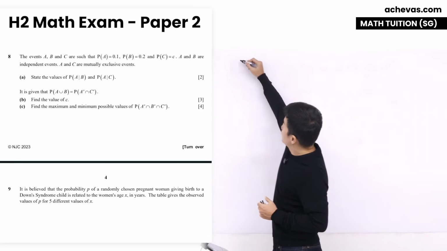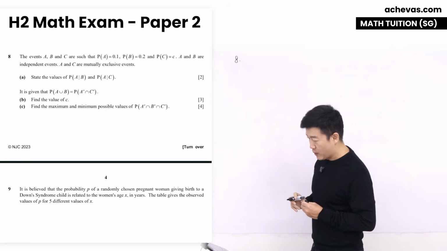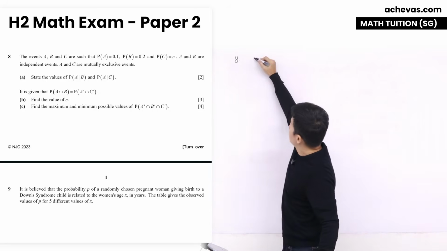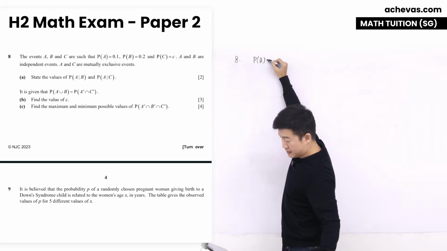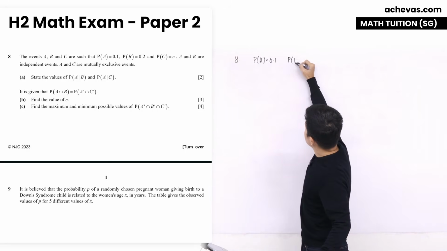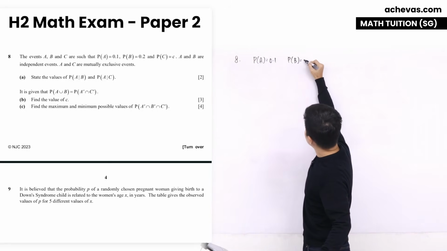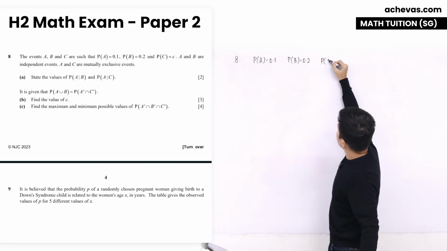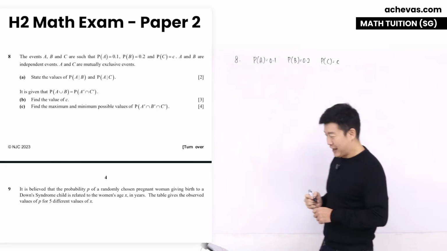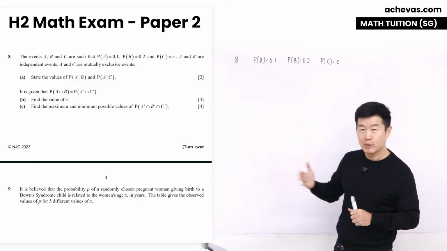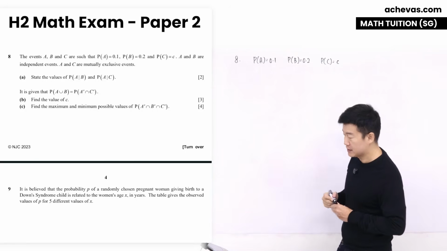Now let's take a look at question number 8, where we are given 3 events, A, B, C. The probability of A is given to me as 0.1. The probability of B is given to me as 0.2. And the probability of C is given to me as just C. A and B are independent events. A and C are mutually exclusive events. Part A,